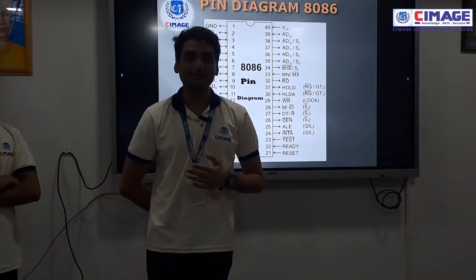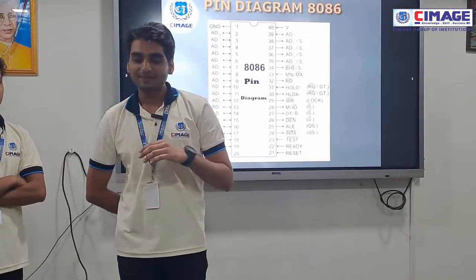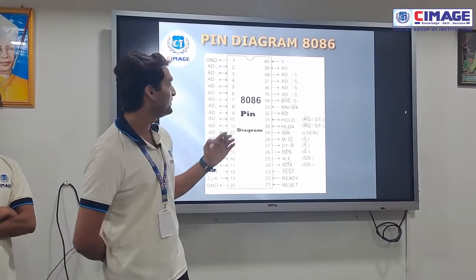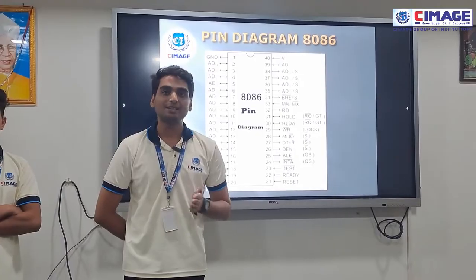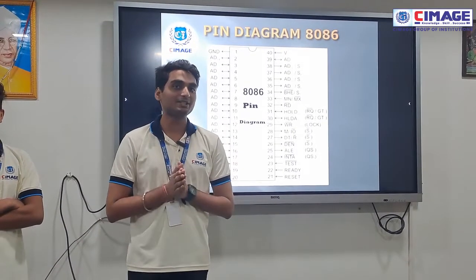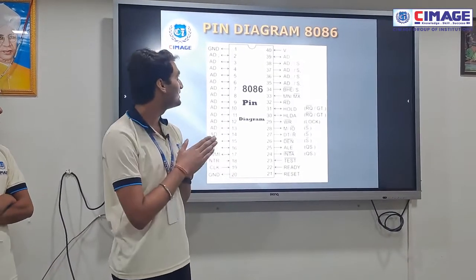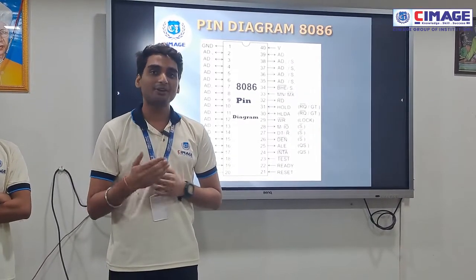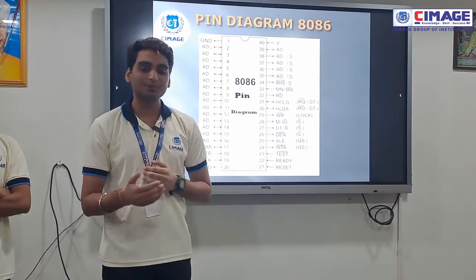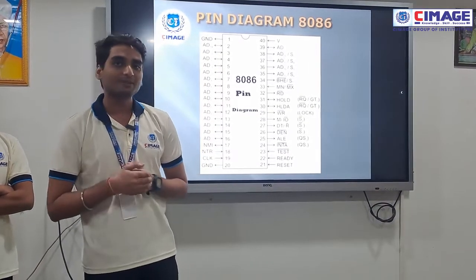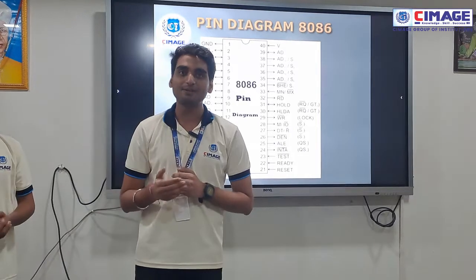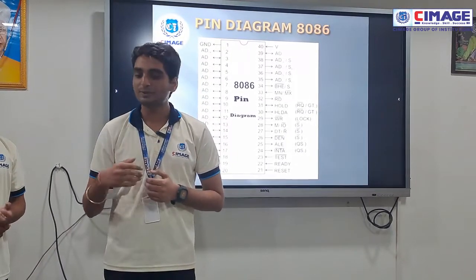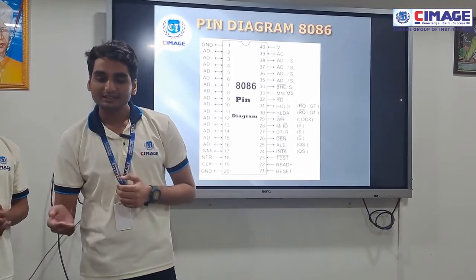is the non-maskable interrupt pin. And then from 16 to 2, the AD0 to AD14 pins are available. The AD means the address and data bus, which is multiplexed and works as an address and data bus according to the modes of the processor. Then the 40th pin is the VCC pin, which is used to take the electrical signals, and then after,